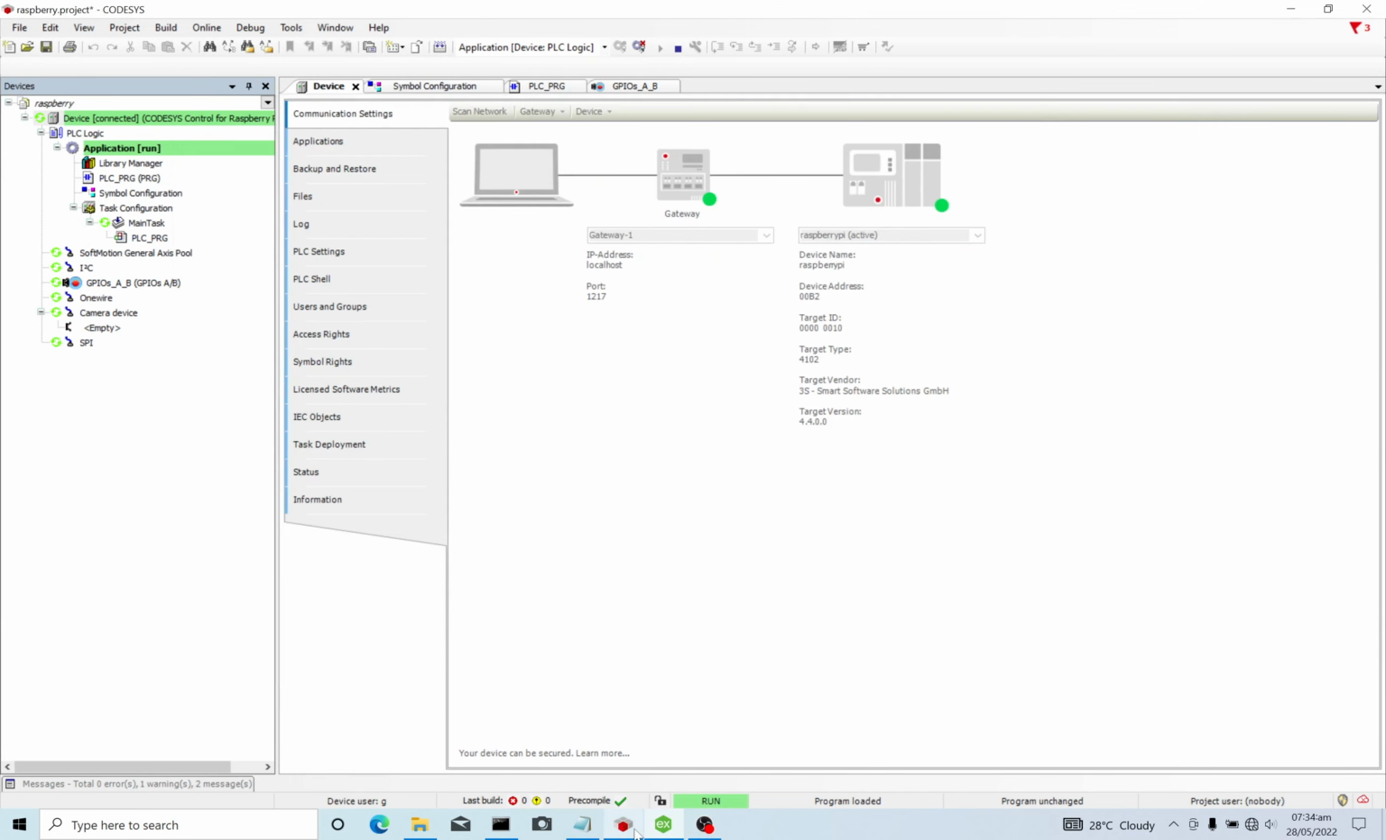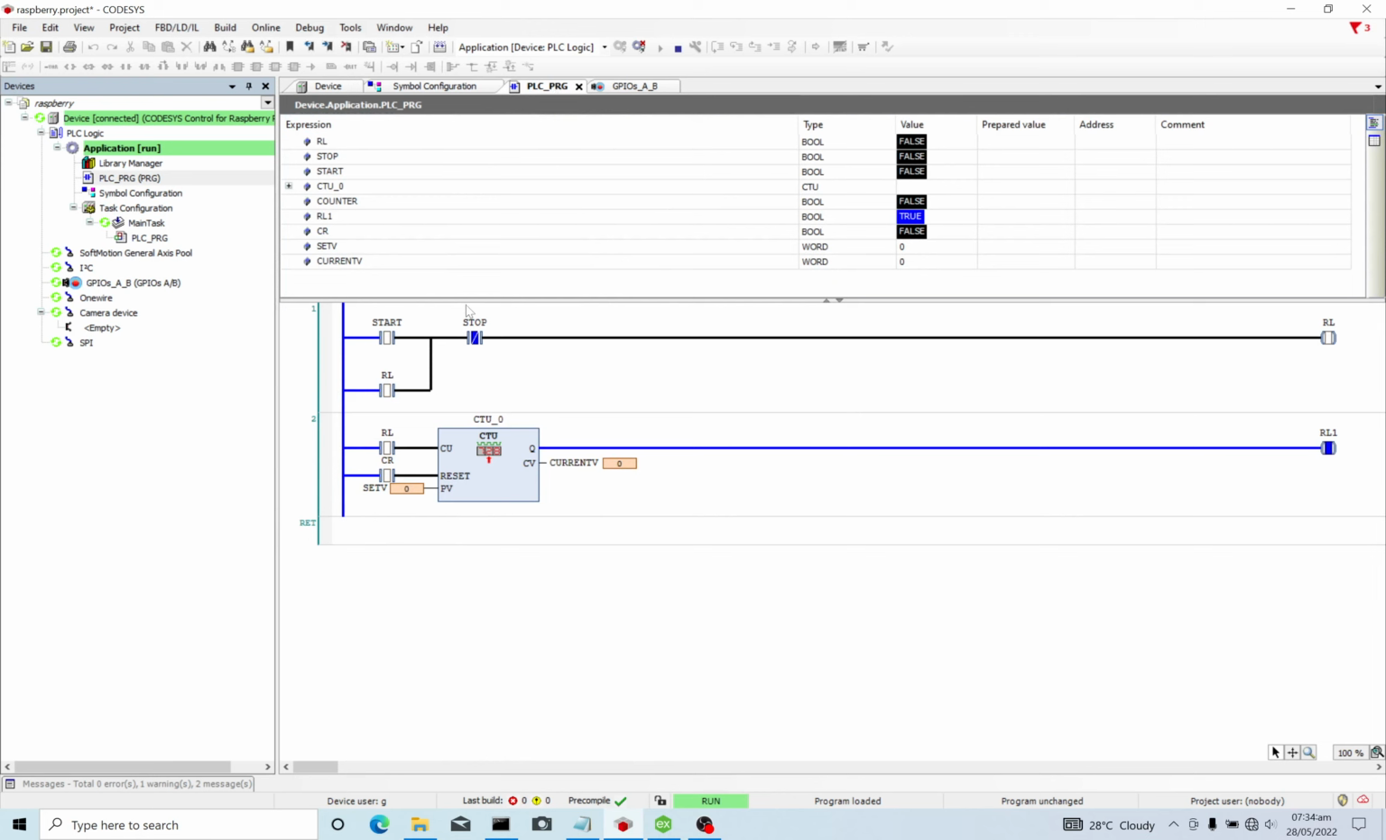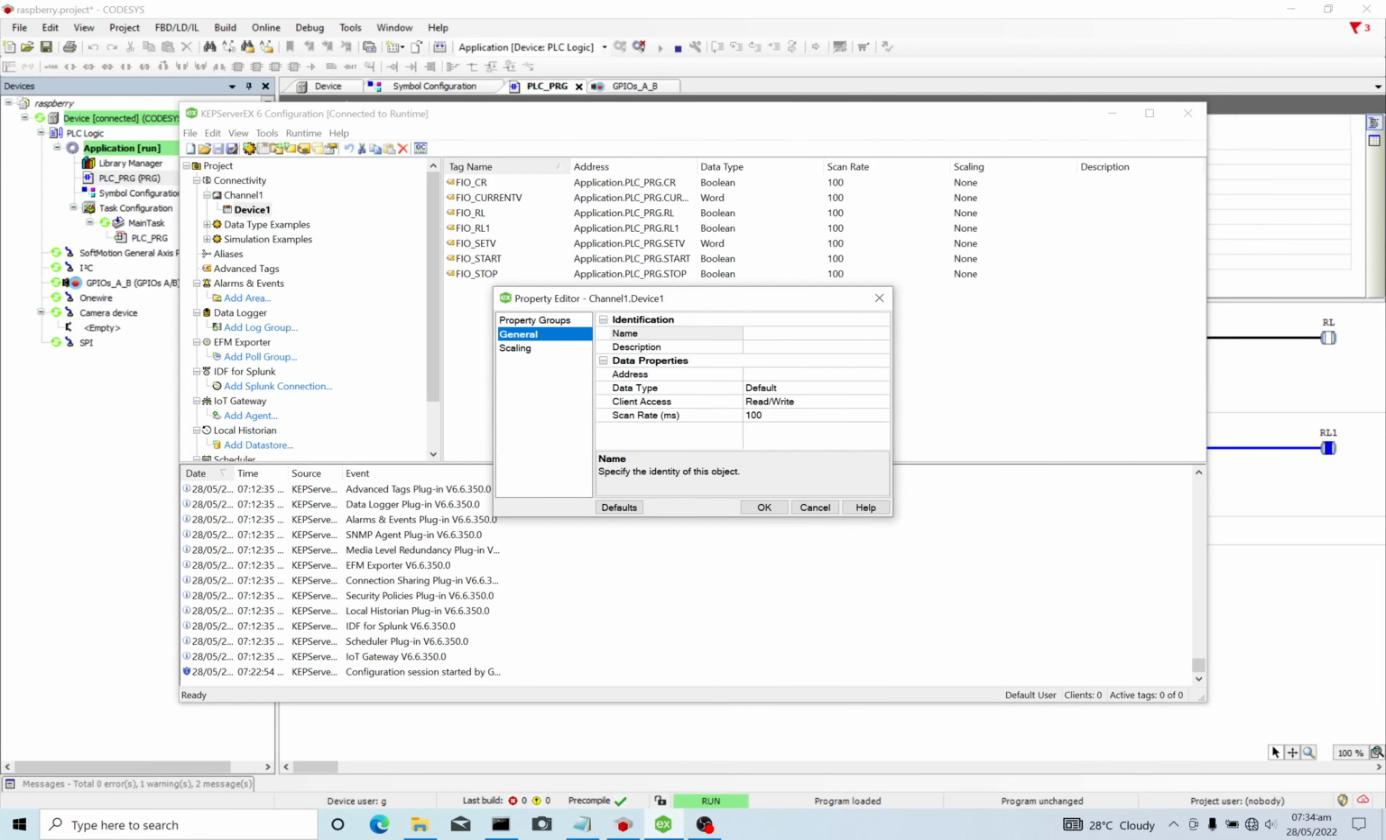So you come to courses, go to your PLC program, and note the tags that you have here. We have start, we have stop. So I will use these tags for example. Let's say I want to create a tag for start, and I click on name. The name will be in capital letters, FIO underscore start, and